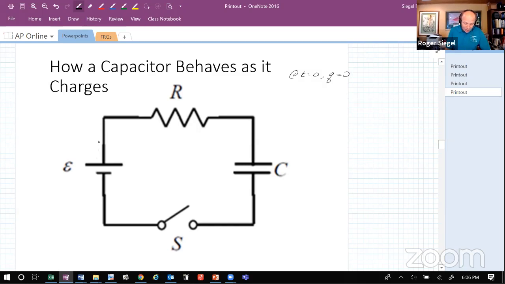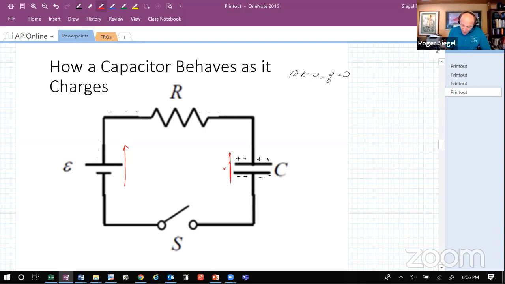And so a battery sends out charges, pushes charges, and it pushes the charges that are in this wire. Just by pushing on this one, it pushes on these. And it pushes a positive charge onto this side, which then creates a negative charge. Well, that creates almost like a little battery here. It creates a voltage drop here. And so as the battery puts more charge on here, guess what? That voltage goes up. And as the battery puts more charge on here, we keep making it harder and harder.